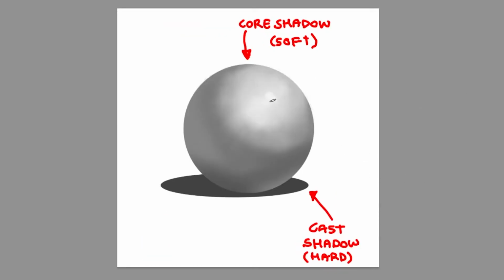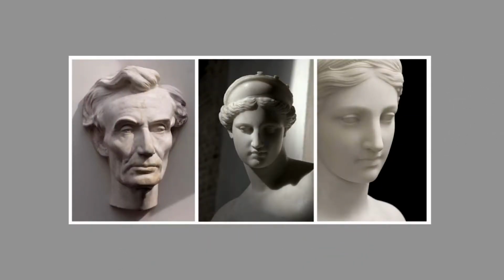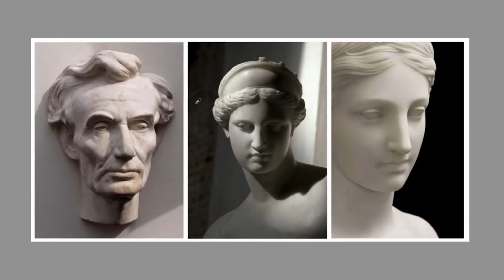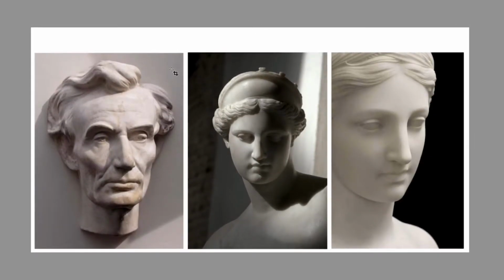Now you'll see why these are so important, because without the contrast between soft shadows, core shadows, and hard cast shadows, form is quite hard to sell. So here we've got three examples of statues. Statues and busts are quite good to study in terms of looking at this kind of stuff, because they have no local colour. Unlike a human face, there's no discoloration where there's stubble, there's no rosy cheeks to worry about in terms of value, there's no different coloured hair or eyebrows or anything else. It's all the same local colour, so you can just purely look at the effect that shadows and light has